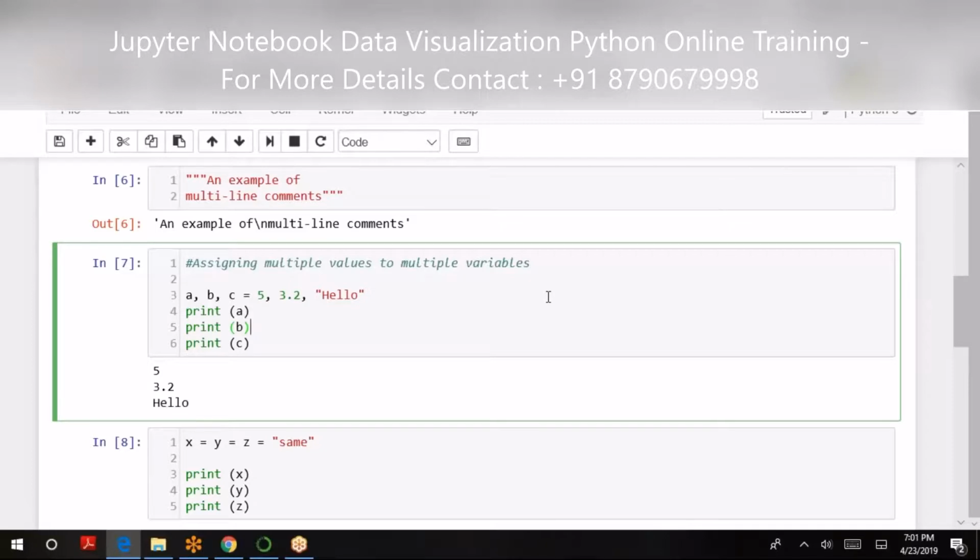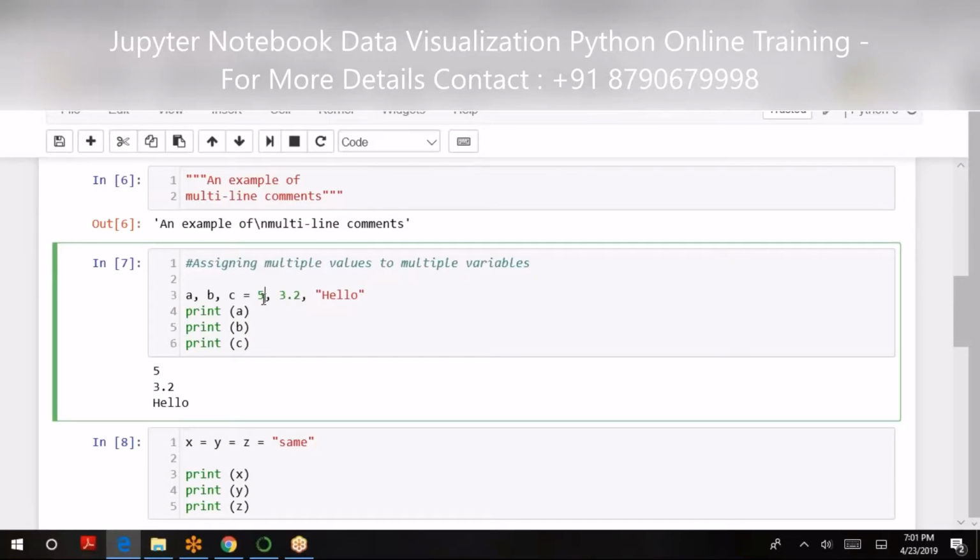Now, assigning multiple values to multiple variables. For example, here I want 2-3 values to be assigned to 2-3 different variables. I can declare all of them on the same line.